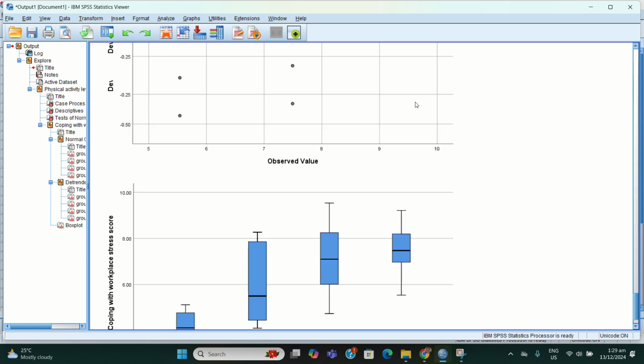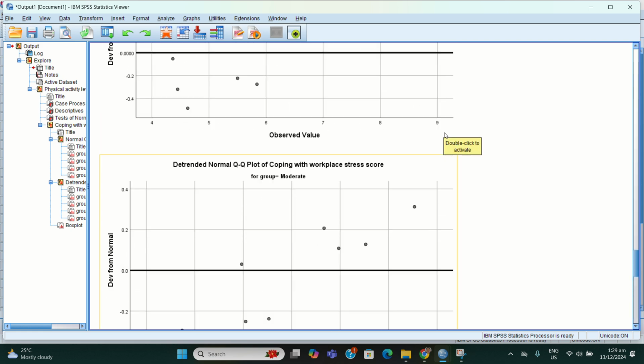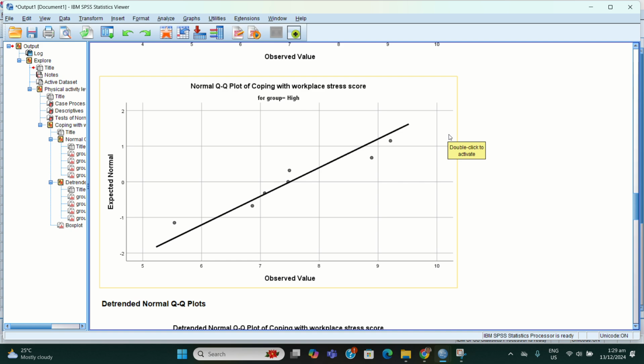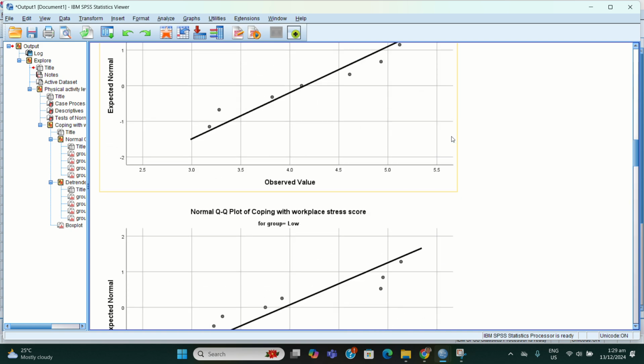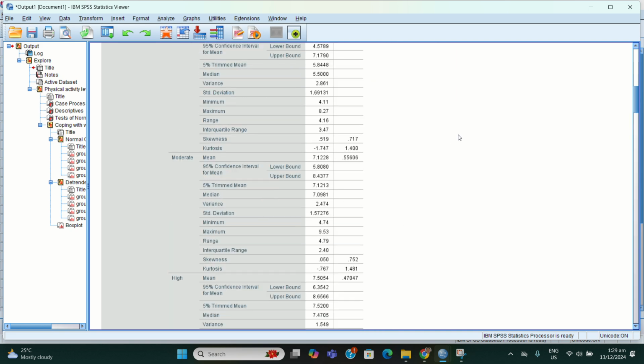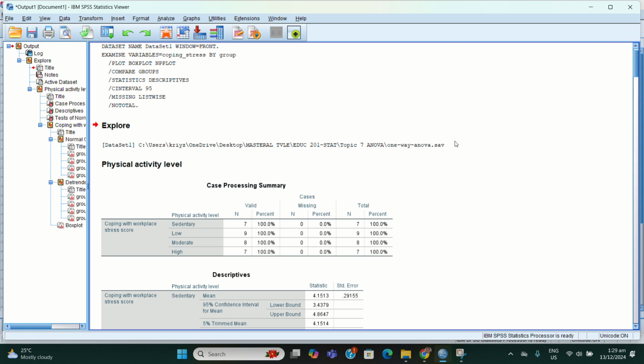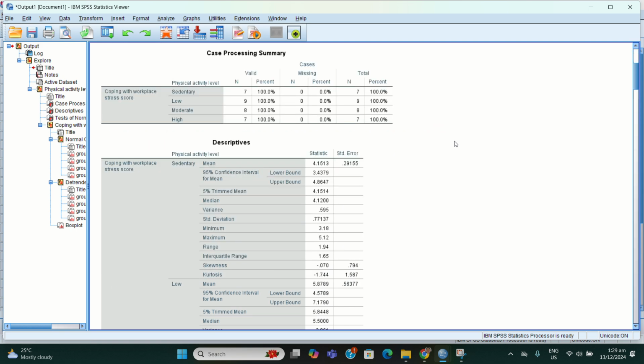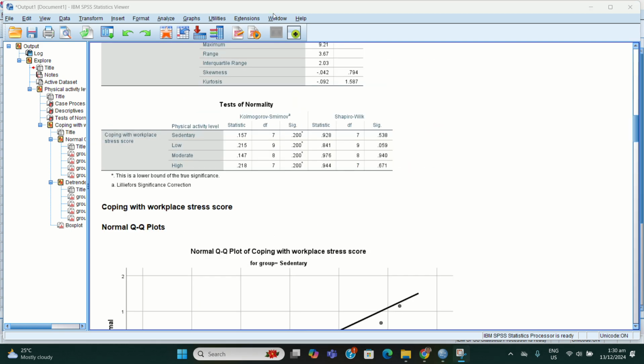Then we have this test of normality. Where is it? So here is the test of normality using the Shapiro-Wilk. So we have to make sure that the sig, or the p-value, is greater than 0.05.